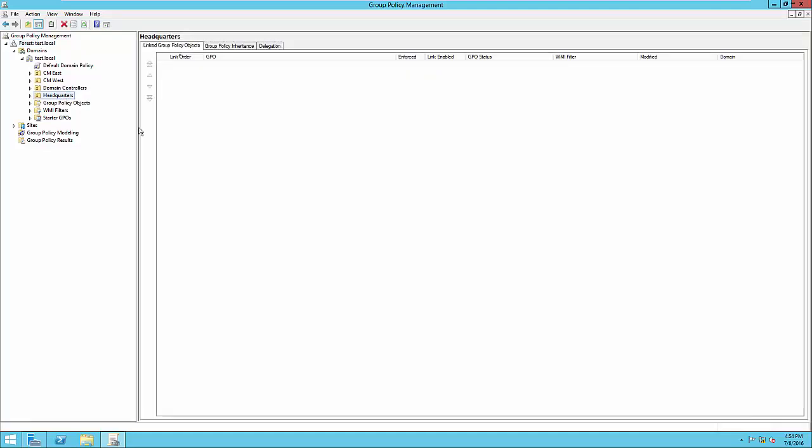Regardless of what users or computers that we apply the policy to, they must be within the headquarters OU in Active Directory in order for that policy to apply. If I created a policy in headquarters and applied it to a user that was in CM West, that policy would not apply. I have to make sure that when I create a policy in the headquarters OU or any other OU, I'm applying that to users and computers that I want to be applied that are in the headquarters